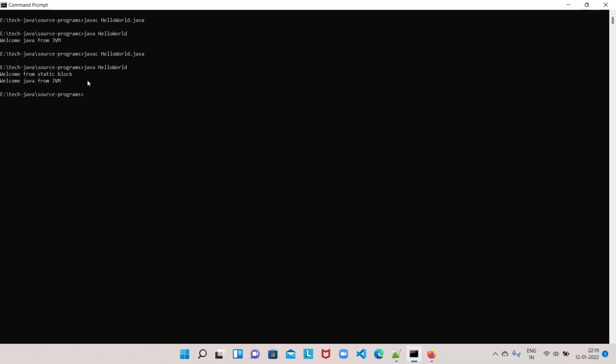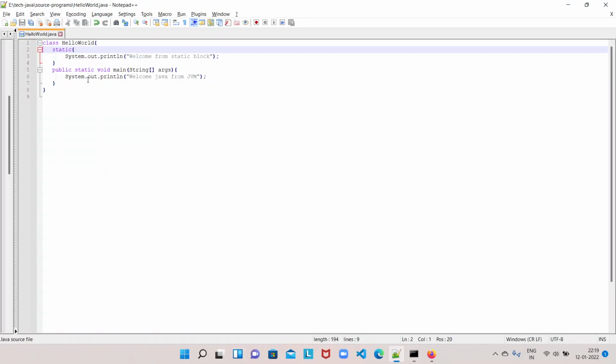So let us understand why we have to write the main method with public static void main string args like this. Let us understand first why we have to write a static keyword for a main method in Java. In general, we have instance methods and static methods in Java.